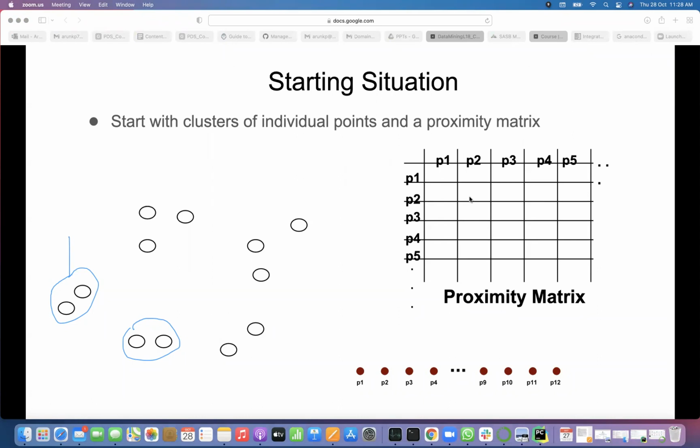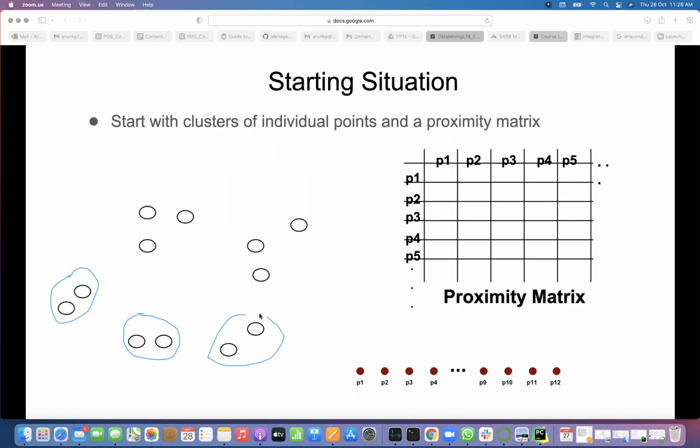After some time, as it says here, after you start merging, we got this second cluster because these are close, right? Then what can be the third cluster in this? Maybe this.